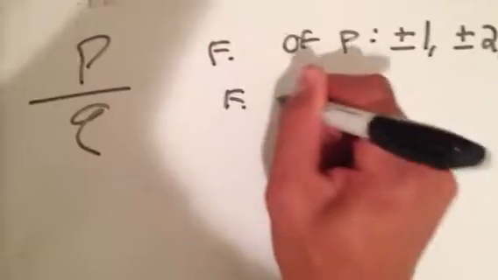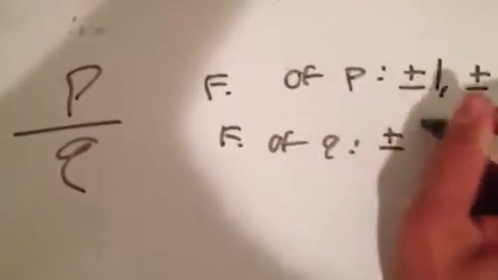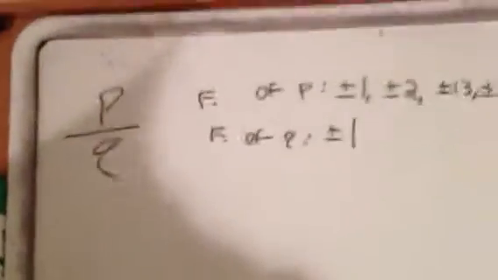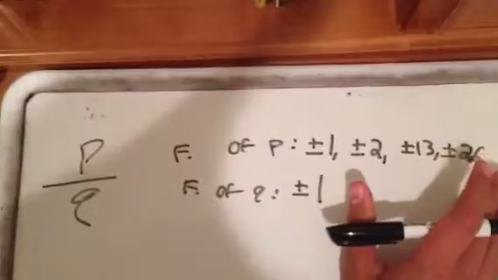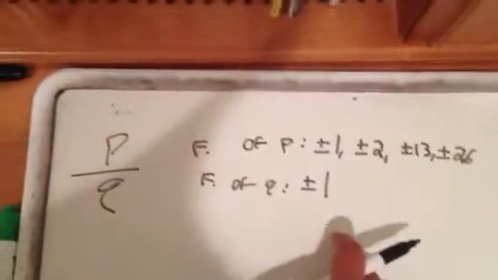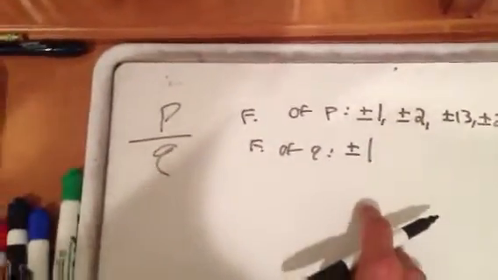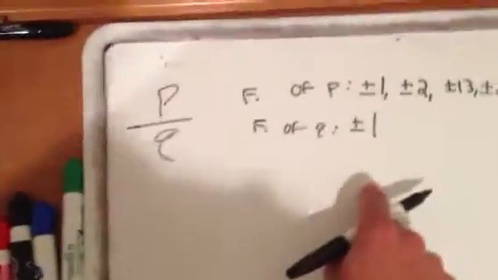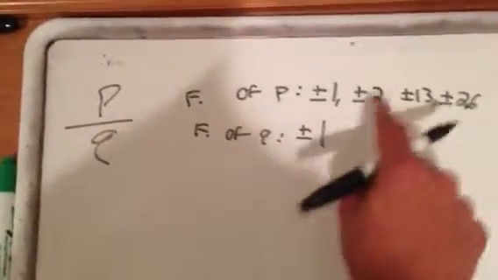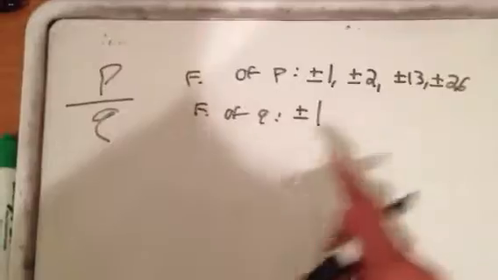Now we need to find the factors of Q. Well, Q is 1. So plus or minus 1. And then what you do is you take each of the factors in P and divide it by the factor in Q, and that's how you come up with your list of possible zeros. So we're going to take 1 over 1, 2 over 1, 13 over 1, and 26 over 1, which means